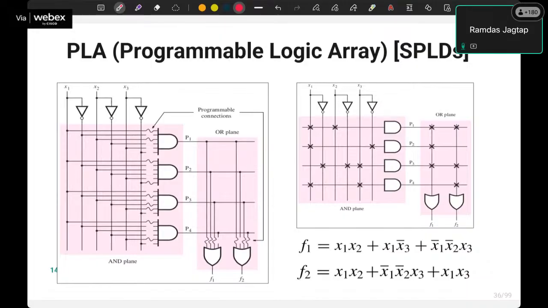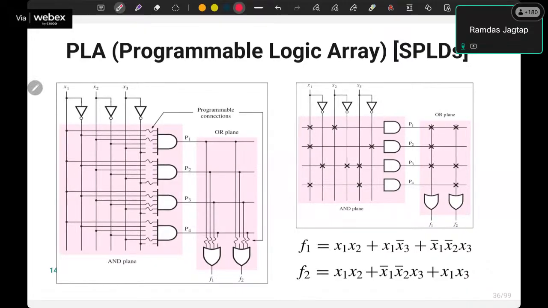The way to program the AND plane and OR plane, they connect via the interconnect, that is nothing but this cross mark. Cross mark means this input is connected to that particular line, that is nothing but the AND plane, and